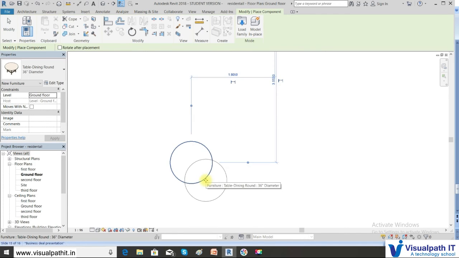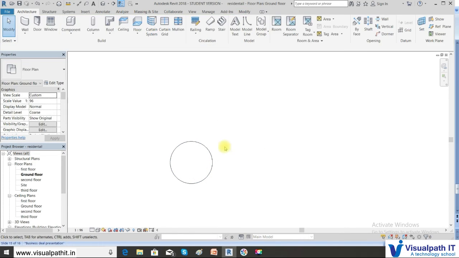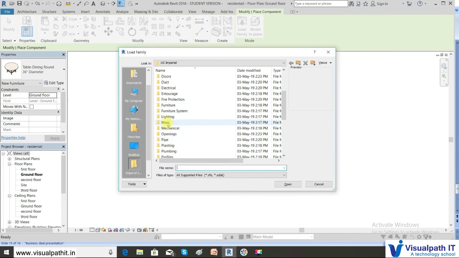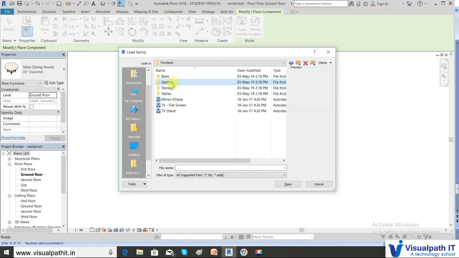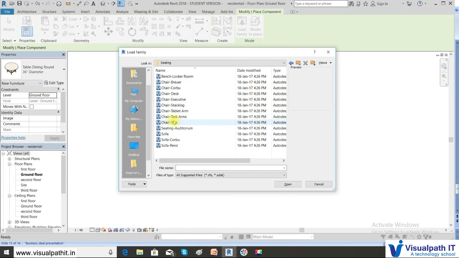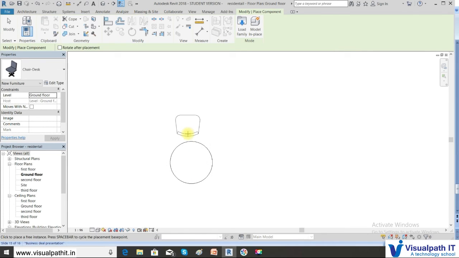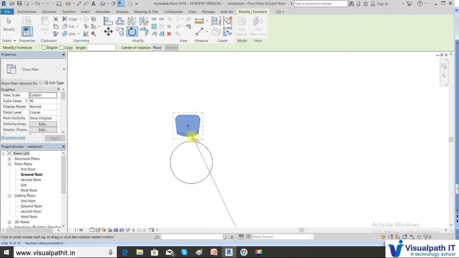The diameter is 36 inches. Okay. Now I want to place a chair so that I can array it on it. So one more element which I am placing is a small chair. So this is the chair which I am going to place. Okay. So let us rotate it because the chair is in a wrong position.